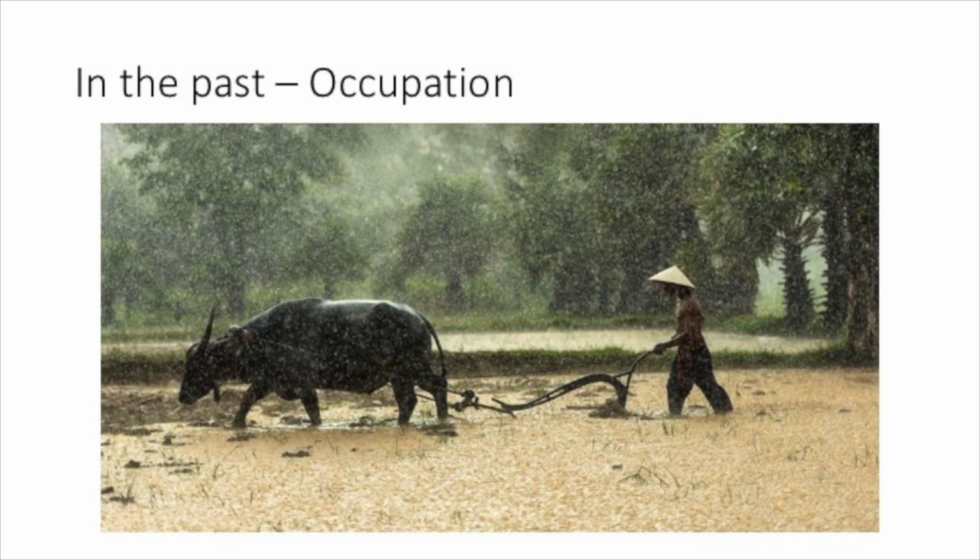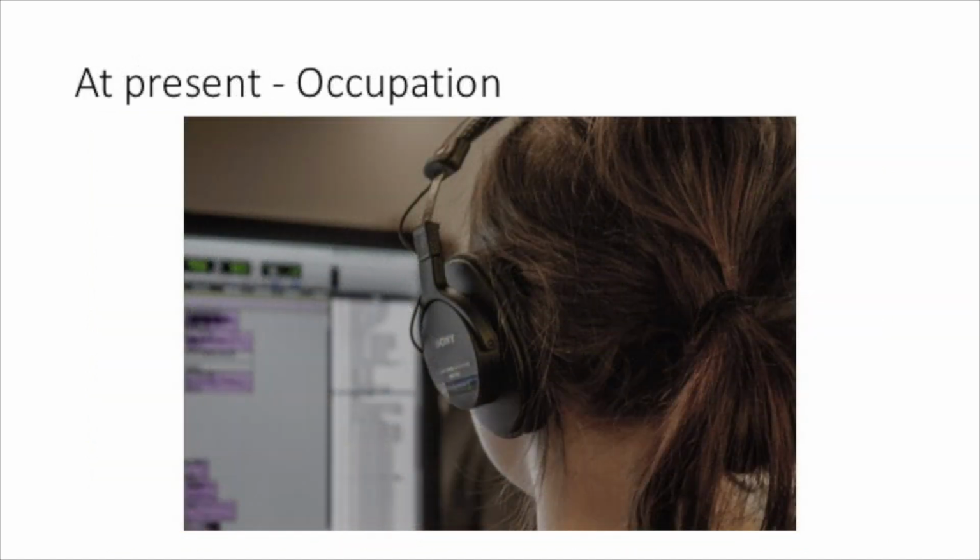And in the past, occupation. Yes, occupation means job. So in the past, lots of people worked in more rural areas with farming and agriculture. And you can see here, this farmer is working with his buffalo to plant the crops. And it looks like it's raining very heavy. You see his hat? Nice hat. But nowadays, there's a lot more technology. So all our jobs or occupations are to do with technology. You can see here, computers, headphones. Nowadays, a lot of occupations involve